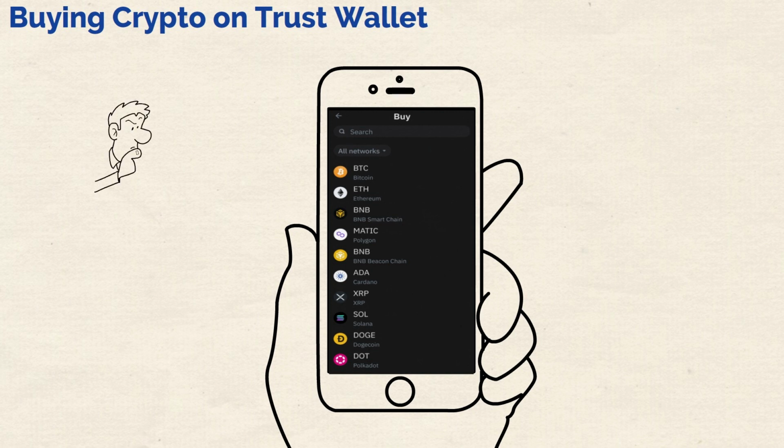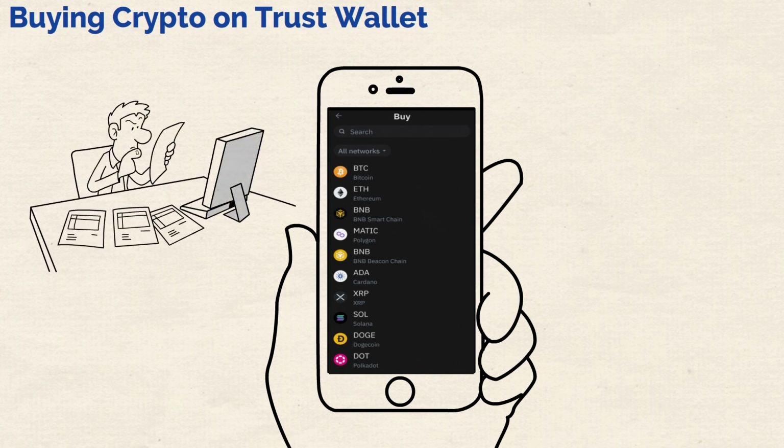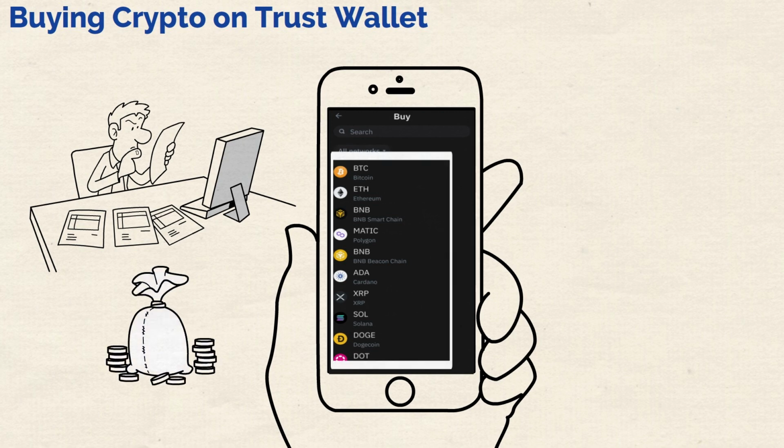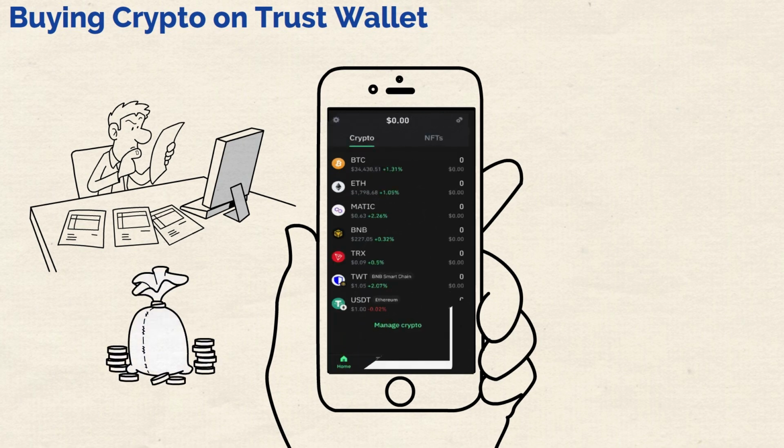Just as an extra piece of advice, if you want to buy a specific coin but are waiting for the right price, keep it on your watch list. This watch list is the list of coins you can add and monitor directly from your home screen. To add coins, simply click the Manage Crypto button at the bottom of the home screen and select the desired